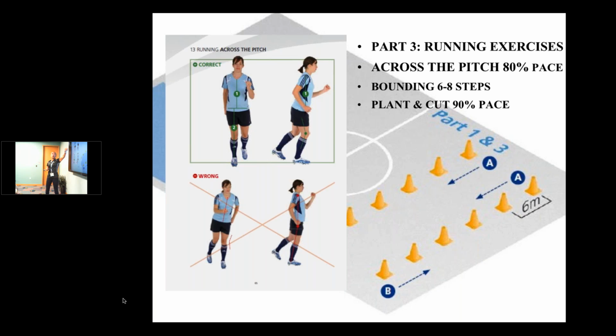Bounding is a hard exercise, and I usually start kids with just skipping. So looking at the line, making sure nothing crosses. Their heel doesn't land first. Keep them on the line, left foot stays on the left, right on the right. And then we just work on that. Everything stays straight. No heels out in front. So skipping is what I'll sometimes replace the bounding with.